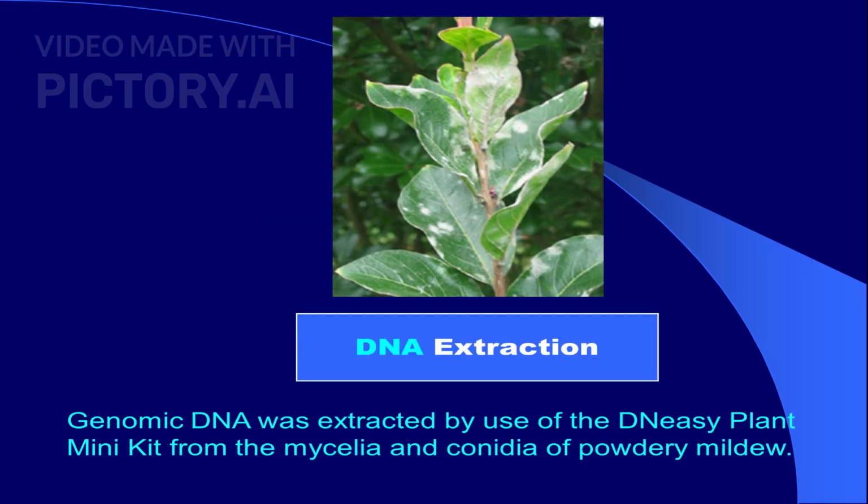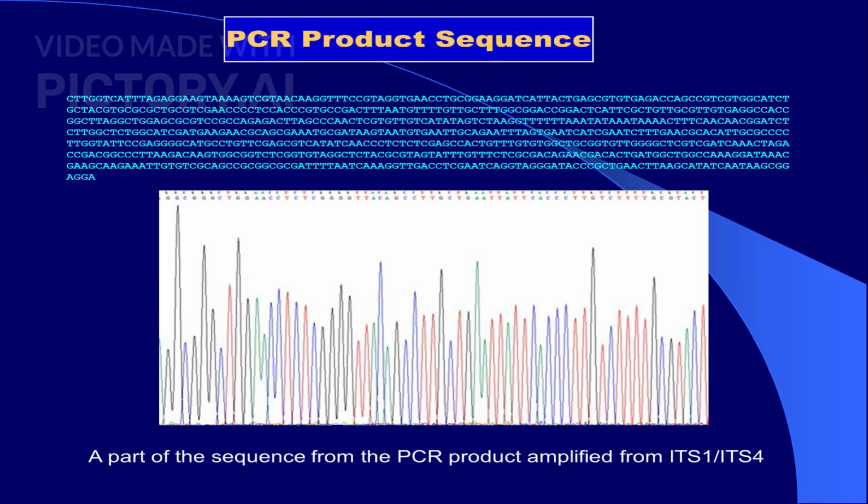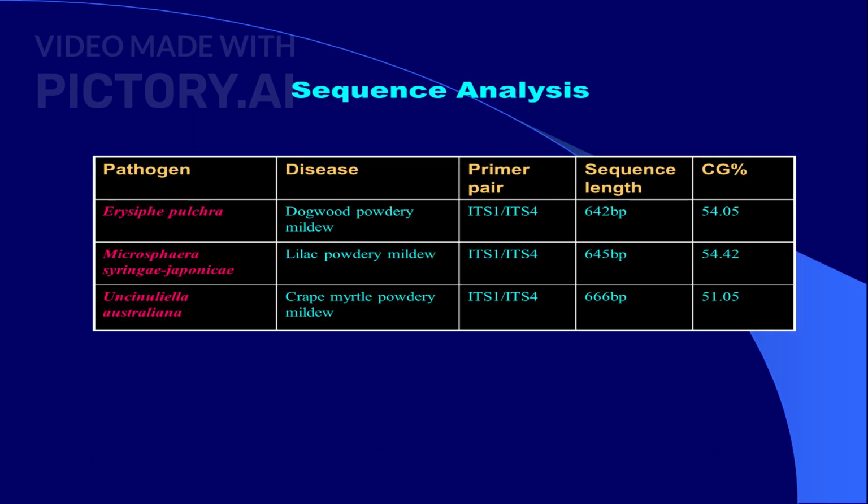Genomic DNA is extracted using the DNeasy Plant Mini Kit from the mycelia and conidia of powdery mildew, a critical step in our analysis. Using ITS universal primers, we amplify a 704 bp PCR product, a key component in identifying the powdery mildew pathogen. The sequence from the PCR product is analyzed to understand the genetic makeup of the pathogen, providing insights into its identification. Our sequence analysis compares different pathogens and their primer pairs, offering a detailed look at the genetic